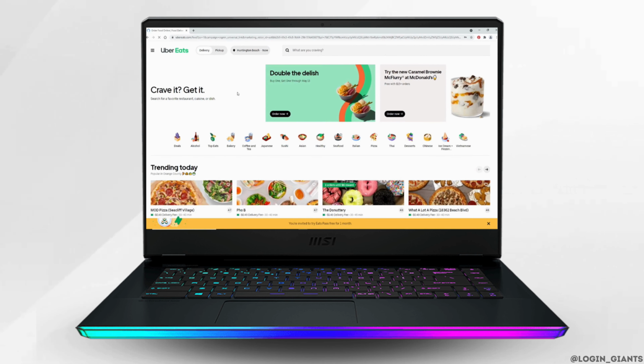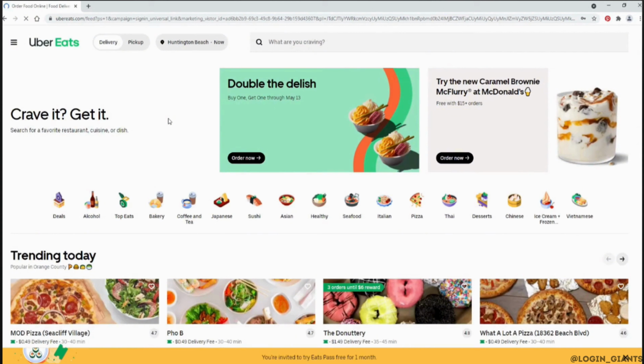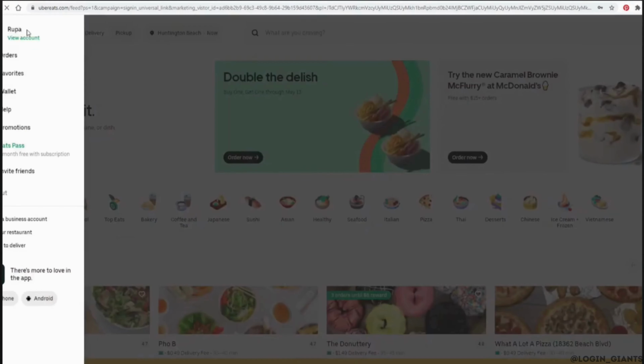So the very first thing you want to do is to head over to any of the web browser and then move into the site ubereats.com. You will land on the official page of Uber Eats. You need to make sure that you are logged into your specific account. Once you are logged in, tap on this three horizontal line at the top left corner and then move into